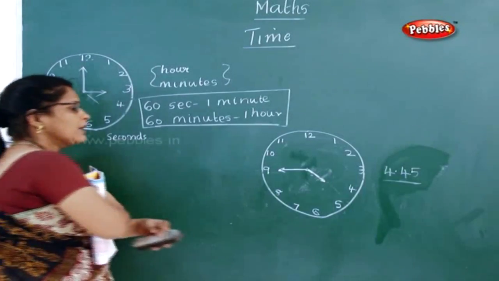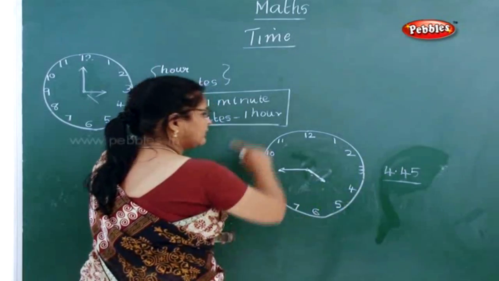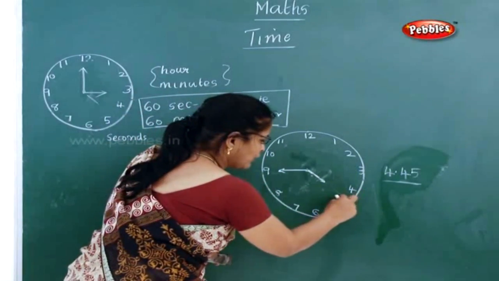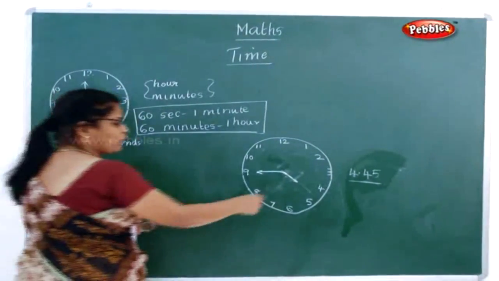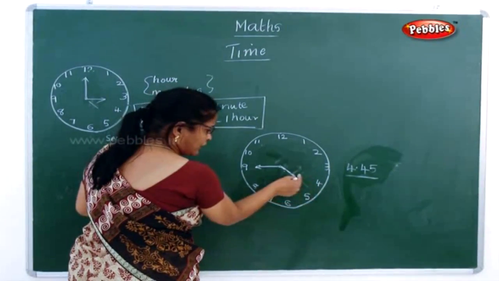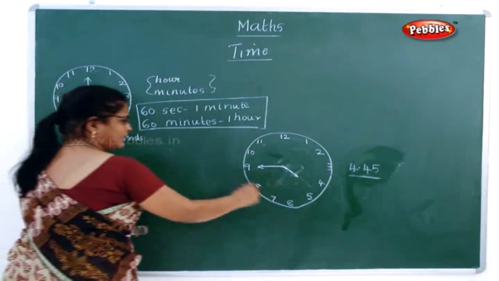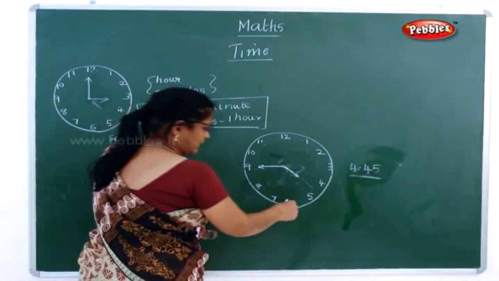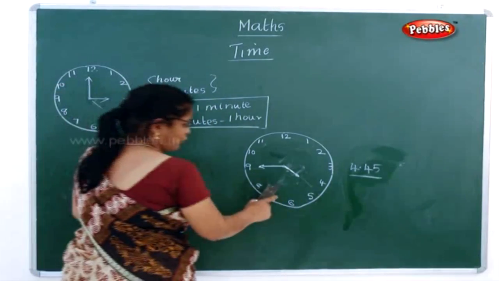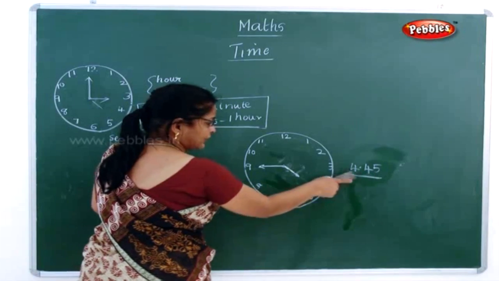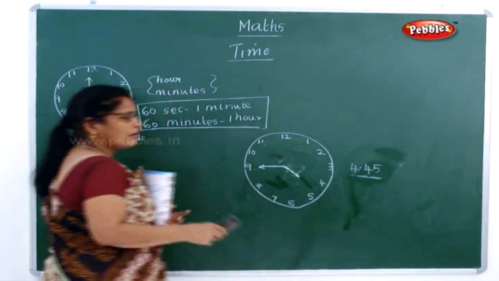See, always, when I tell you after 45, 50, automatically that will come to 5 o'clock. So you have to draw in between. It should not be straight at 4 or 5. But when the time is 4:15, what do you have to do? Draw 4 straight, and then you can draw 15. After 30, it will slowly come. So that is the reason we have to draw in between the two, the 7 or 8 or 4, because I told you 4:45. So you have to draw in between 4 and 5.